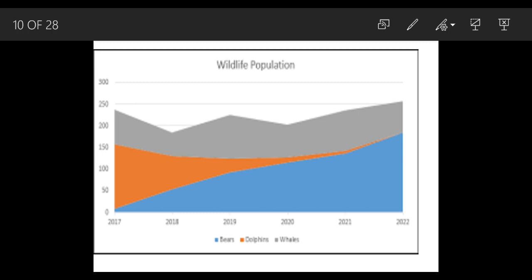Whereas in line charts we project and forecast about the future, upcoming years or months, in these area charts we identify the individual performance or contribution to the overall performance of the sales.